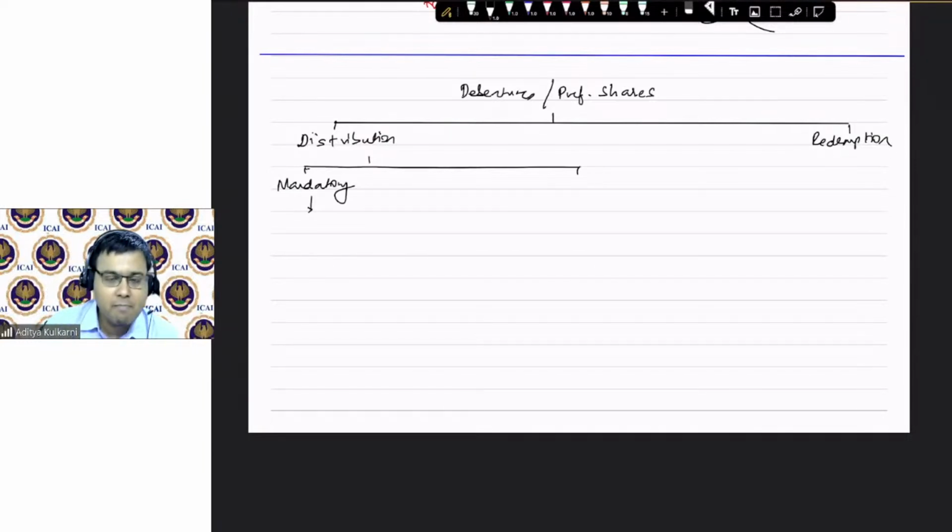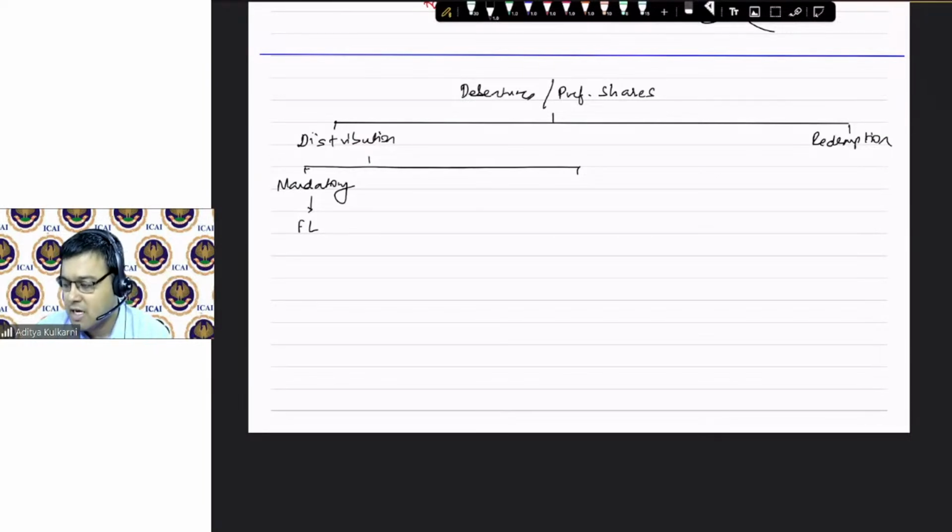हर साल देना पड़ेगा हमको, we have to pay it every time. Sir, preference dividend है ना यार? You people have studied cumulative preference shares. Cumulative means what? If you don't pay, it goes on getting accumulated. That means, is it a mandatory payment which you are doing? Answer is yes, you are doing a mandatory payment. And if it is a mandatory payment, is it meeting the definition of the obligation to deliver cash? Yes, it is. And therefore, it becomes a financial liability.